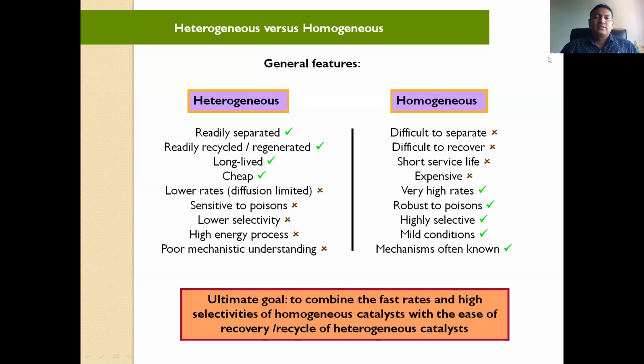Yes. So see here, this is the exact difference between homogeneous and heterogeneous catalysis. Neither one is superior. Some positive points of heterogeneous catalysis are there, and some positive points of homogeneous catalysis are there. We have discussed accordingly, and I hope you have written all these points in your notebooks as notes.